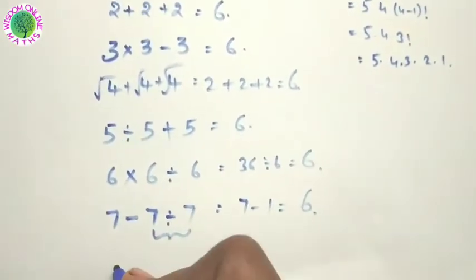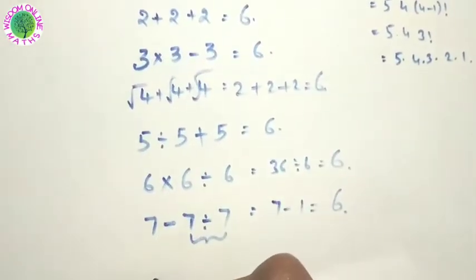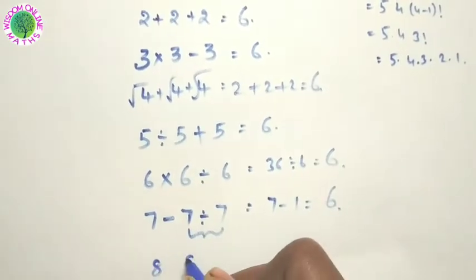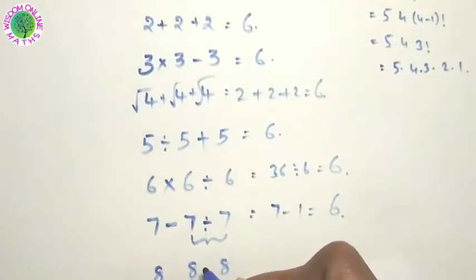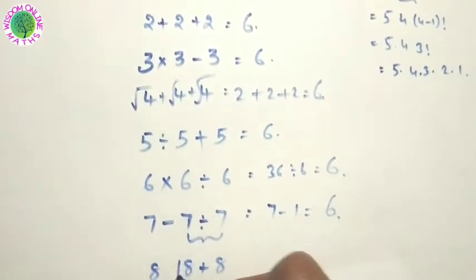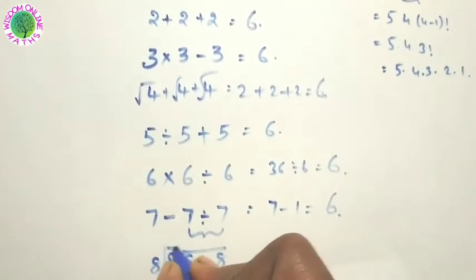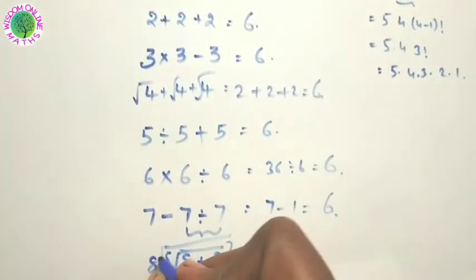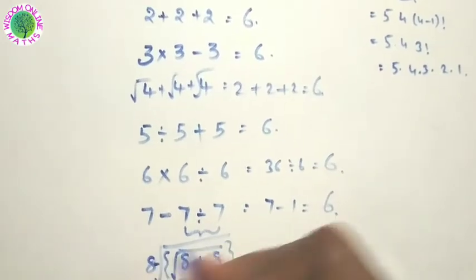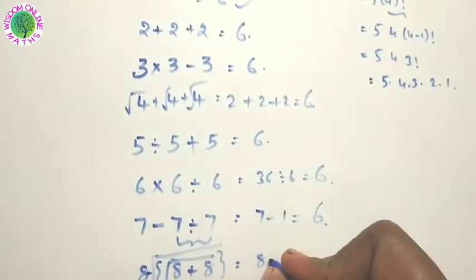Okay. Next 8. Here it is a little bit difficult. See how it is coming. For this, use 3 eights. From those 3 eights, here I applied the square root to the last 2. I am adding them and applying the square root. For this, again I am applying the square root. For the outer 8 that is there, for that one I am subtracting. That means 8 minus, first simplify inside the brackets.